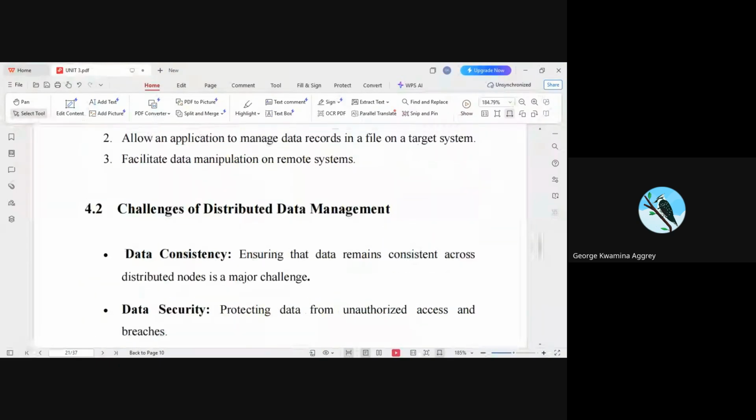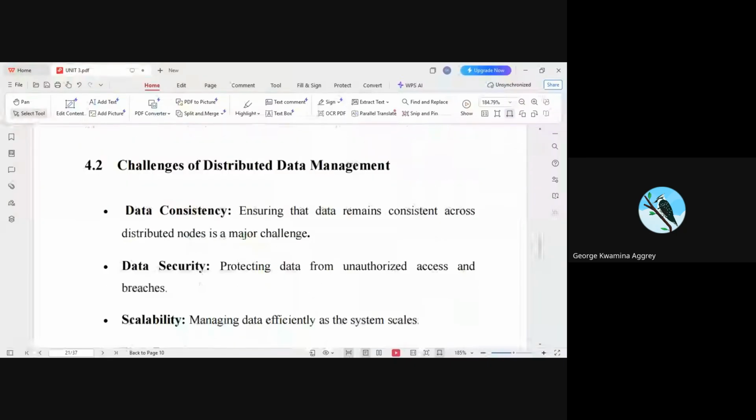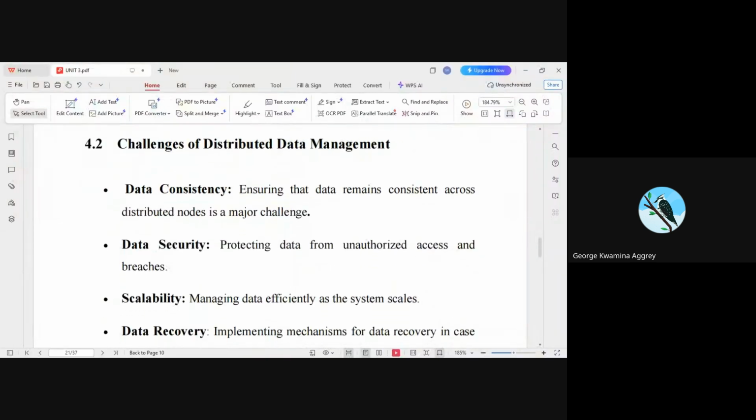So when we look here, we have the management, fine. Under this, what I will expect you to go and read on is the challenges here. One of the challenges is data consistency. The system should ensure that data remain consistent across distributed nodes, which is a major challenge. It's a major challenge. For instance,